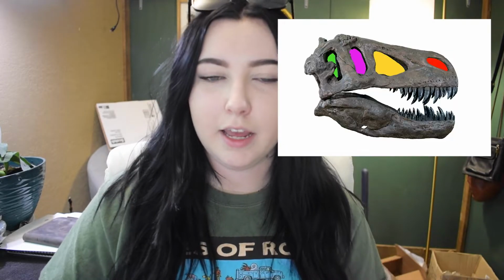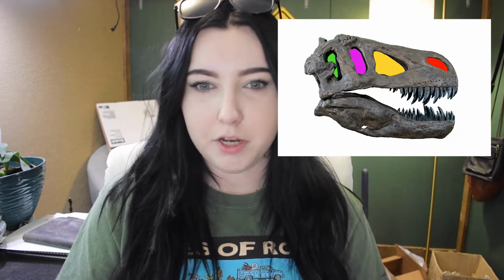And what makes that different for dinosaurs is that they are called diapsids. They actually had two holes, two fenestral openings behind the eye socket. So essentially, when you're calling something a synapsid, it just refers to the amount of holes in the skull. If you look at, let's say, a T-Rex skull, I'll put that on the screen,